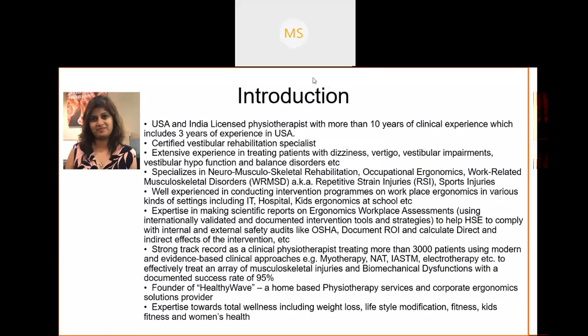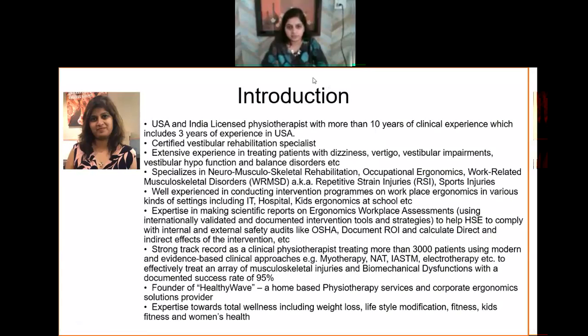Okay. So I am a licensed physical therapist in the US, and overall I have 11 years of experience as a physiotherapist in total in India and the US, and I am a certified vestibular rehab therapist. The main population I have treated is geriatric. I don't have much experience with children, but I do have colleagues who have treated pediatric patients nicely too.